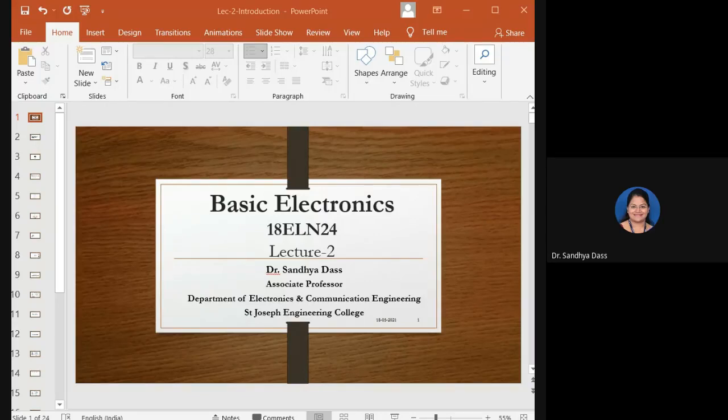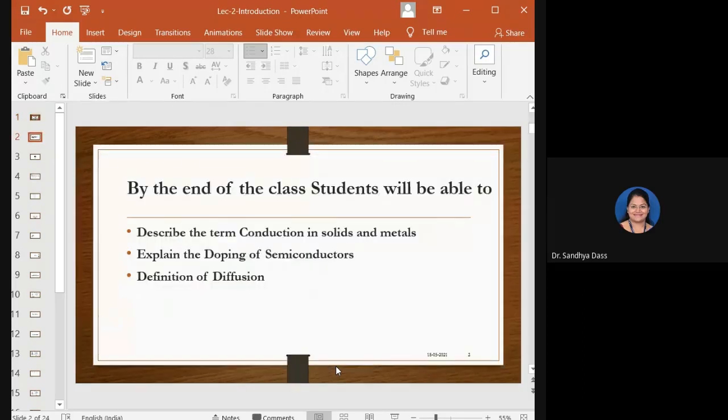Okay, good morning. In the previous class, we came to know about different components or elements which we categorized as active or passive elements, right? Some of the components we discussed, we came to know about different electronic components. So in this class, by the end of this session, you will be able to describe